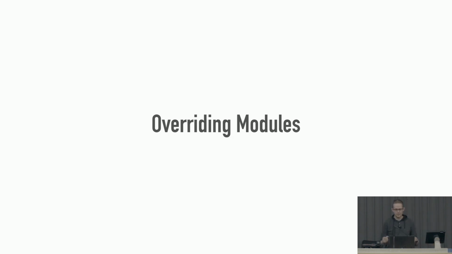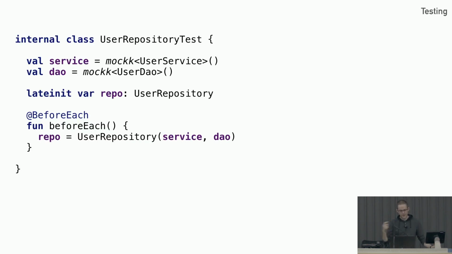So finally, we'll talk about testing. There are two things that Koin really, really shines at. The first is overriding modules. This is something which is extraordinarily difficult in Dagger. Dynamically creating different dependency graphs for different functions. So what we would be doing instead in Dagger, for our repository, we wouldn't actually be using Dagger at all. We would just create a mock service and a mock DAO and then inject that manually and perform our tests.